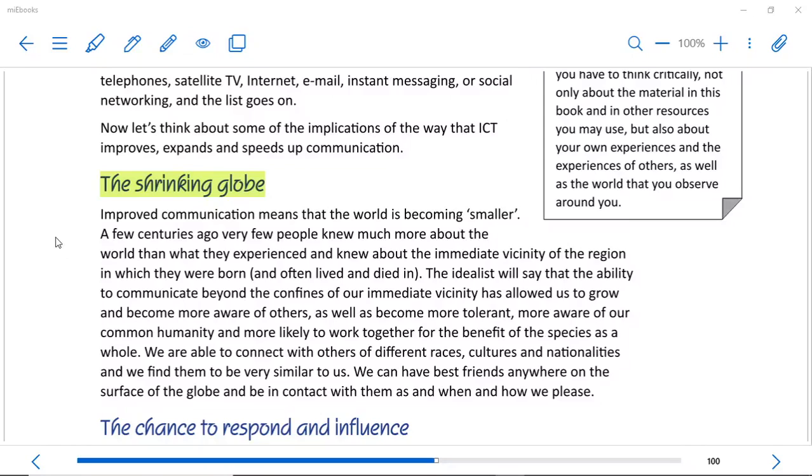Improved communication means that the world has become, quote-unquote, smaller. A few centuries ago, very few people knew much about the world other than what they experienced in their day-to-day lives in their city. Let's use an example. If you think about Elvis Presley, right? He was in America, that's where he lived, he made music, and today he's known around the world, people still listen to his music. But back in those days, the 1950s,